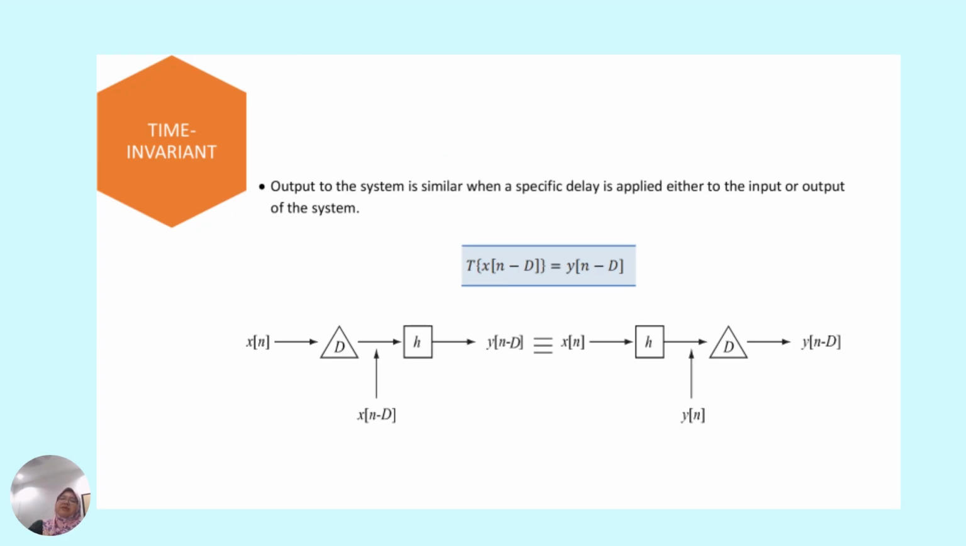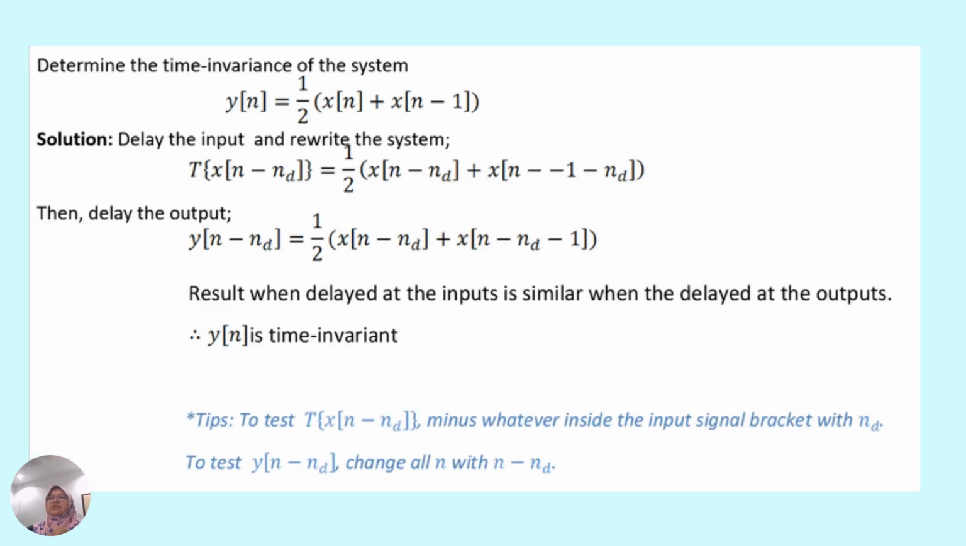Now, for time invariant, we need to see whether the system, when there is an explicit time parameter, will change or not. So we need to check that. So what we have to do is delay the input and delay the output. So if we are given yn equals 1 over 2 xn plus xn minus 1, okay, what you need